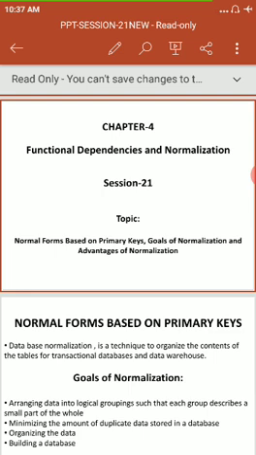That's why duplication should not happen. When you use normalization, we can avoid the duplication. That's another goal of normalization.